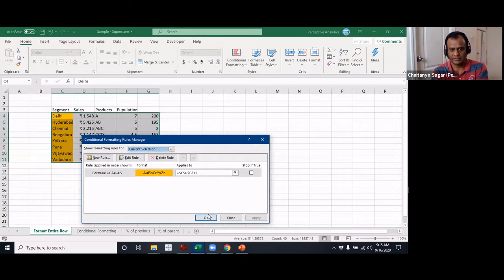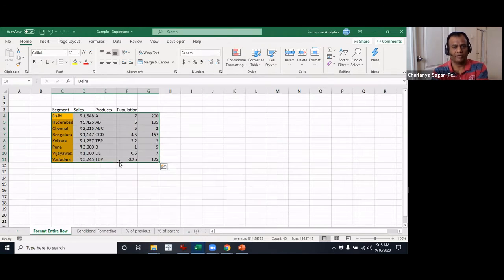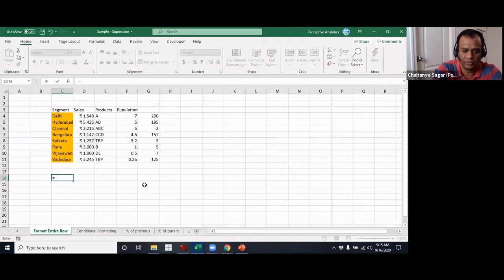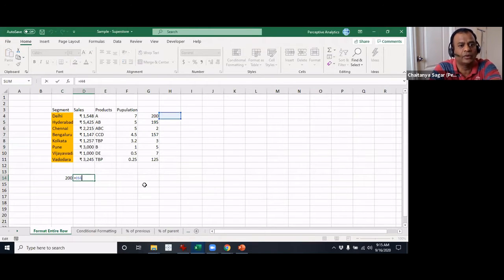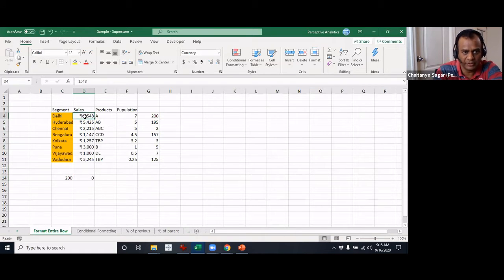Let me show that to you, for example. If we had copied, what did we do? We said G4. If there is a formula, let's say I say equals G4, here it's referring directly to that. I would just copy paste that. Then what happens? It's now referring to H4, right? So for this particular cell, what is in H4 should influence the formatting in D4 based on this hypothesis. Is that correct? Let's see if that is correct or not. There you go.